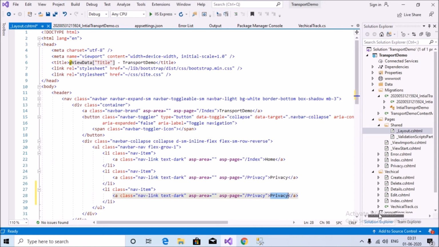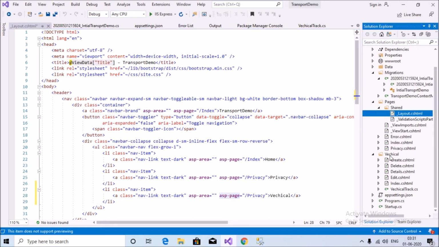Vehicle, and change the ASP page according to myself. You can see here this folder name.